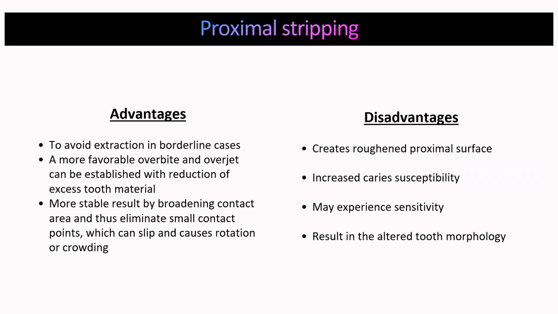So coming to the advantages and disadvantages. Advantages are to avoid extraction in borderline cases. A more favorable overbite and overjet can be established with reduction of excess tooth material. More stable result by broadening the contact area and thus eliminating small contact points, which can slip and cause rotation